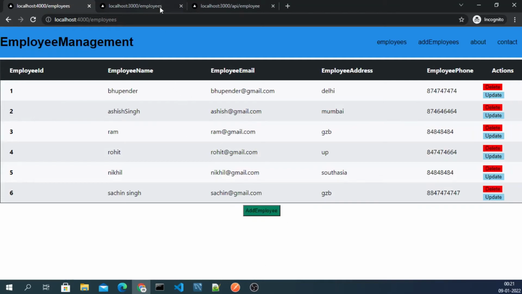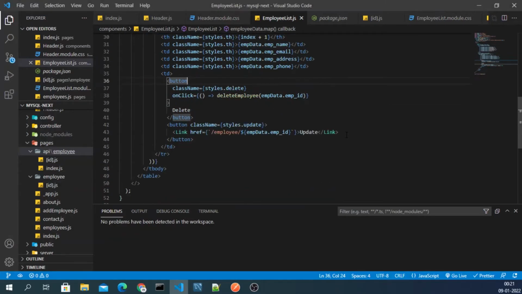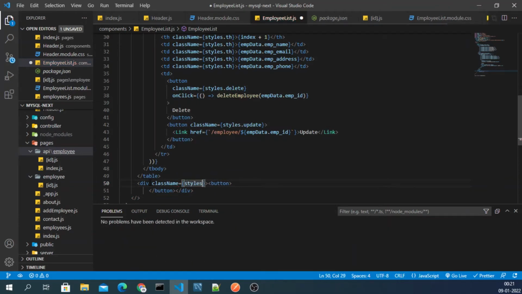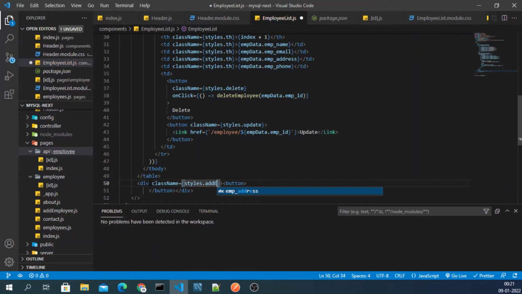We want also this button here. So what we will do, we will simply come inside here, and outside the table tag we will have a div, and inside the div we will have a button. Okay, and I will give a name, style dot add employee,